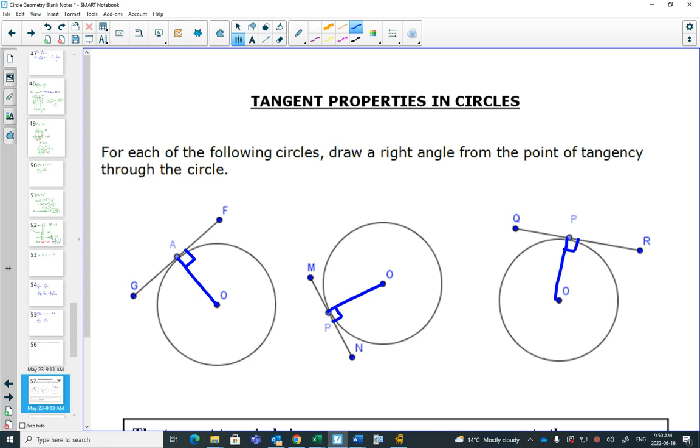a tangent line, you remember that if you draw a tangent line, and a tangent is when a line touches the circle only once, then if you draw from that point of tangency to the center,